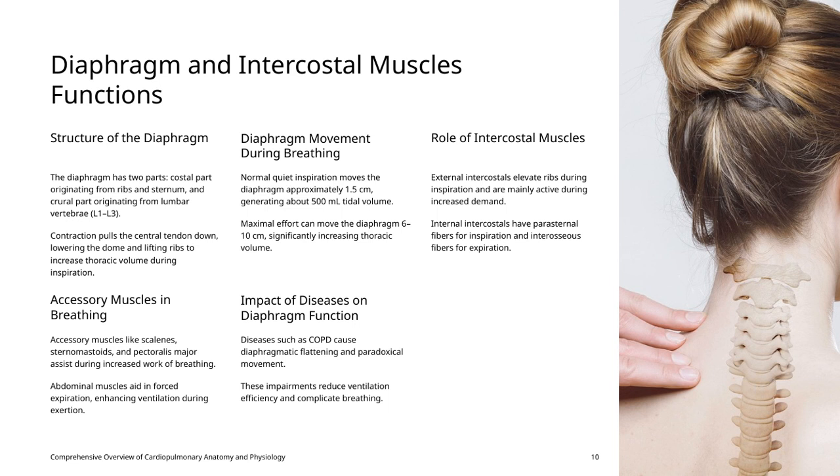Finally, let's touch on the structure of the diaphragm. It has two parts: the costal part, which originates from the ribs and sternum, and the crural part, originating from the lumbar vertebrae L1 to L3. When the diaphragm contracts, it pulls the central tendon downward, lowering the dome and lifting the ribs. This movement increases the thoracic volume during inspiration, facilitating airflow into the lungs. Understanding these muscles and their functions gives us a comprehensive view of how breathing is orchestrated and how diseases can